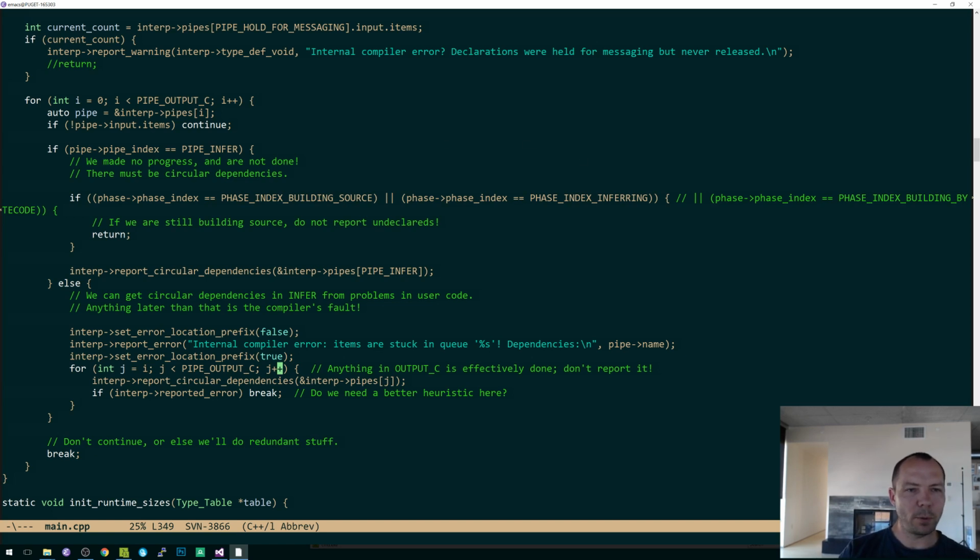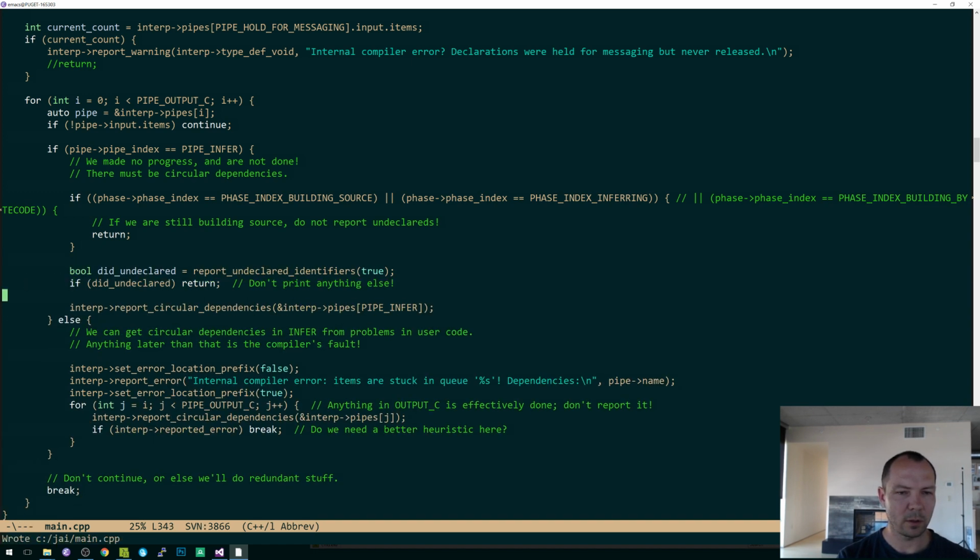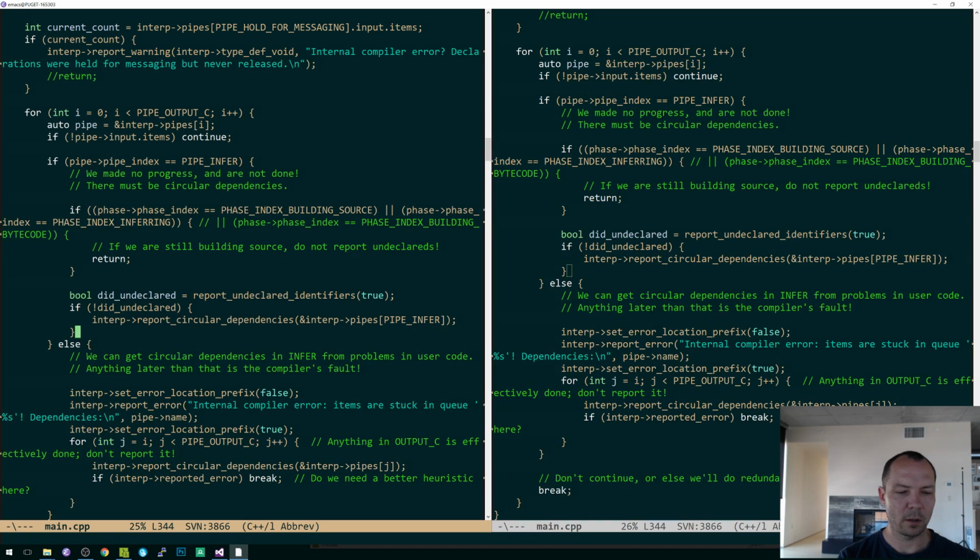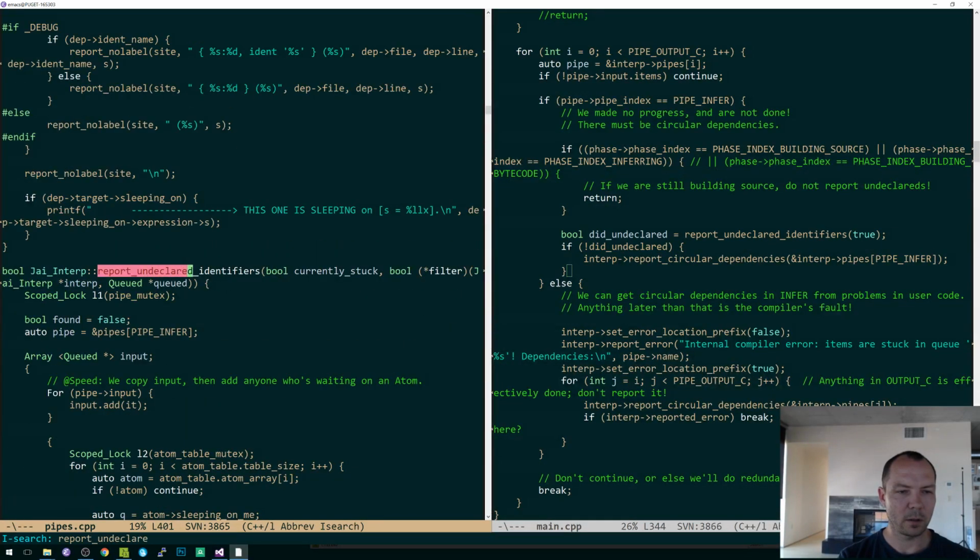So we're looking for the first pipe stage that has items in it that have failed to process. If it's the infer pipe, but not all the source is done, then we just say, look, there's nothing to do. Otherwise, let's just make this explicit. So